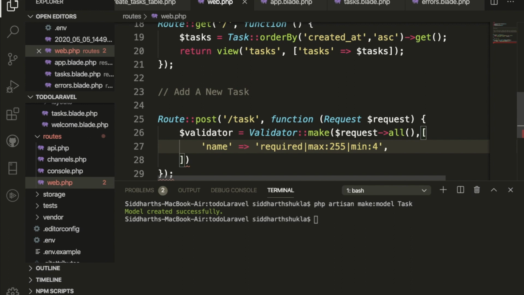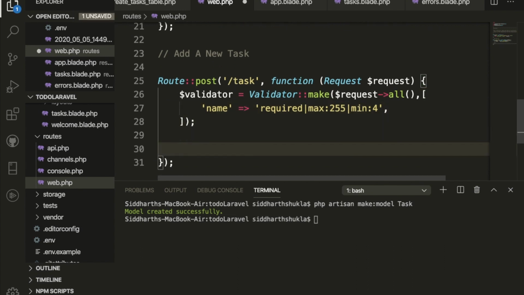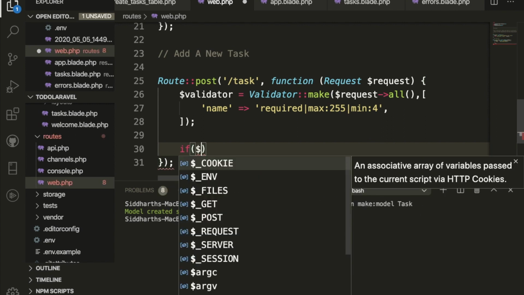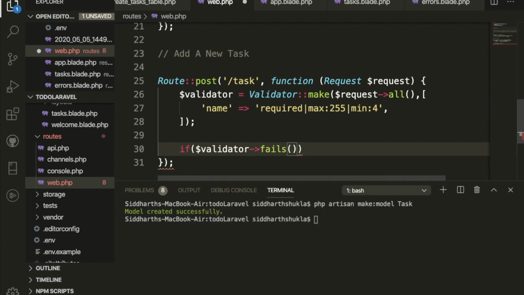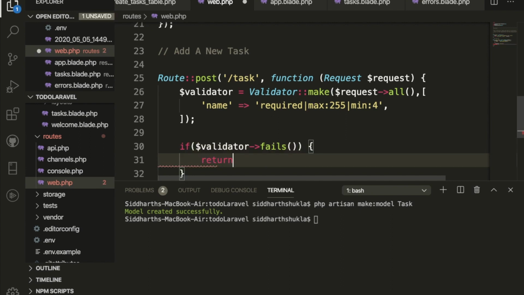One second, let me check one more time. We're getting an error, but why? We have the validator, and here we have written make after scope resolution operator, and now this is fine. For the name we want only this, okay, we can write here or you can leave also. So we have this function. I'm going to check if validator fails, this is a function, then we will enter return